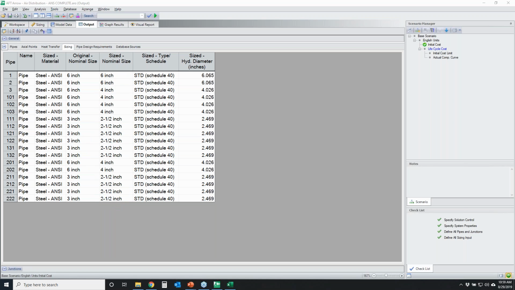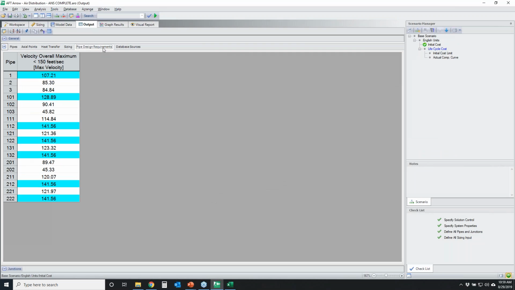And then we want to also check our design requirements. So if I check my design requirements, we can see that we don't have any violations in velocity. All of our velocities are less than 150 feet per second. Now, why are these values blue? Well, if we were to go to the sizing tab